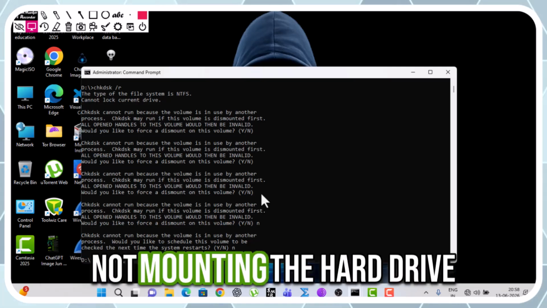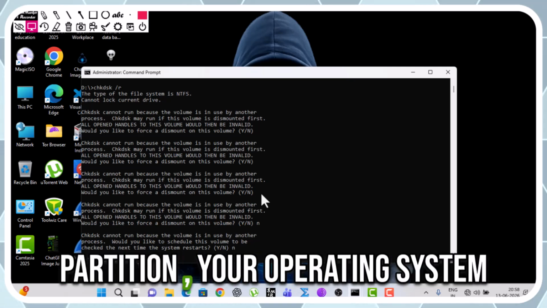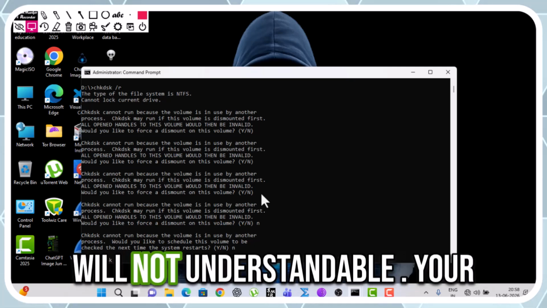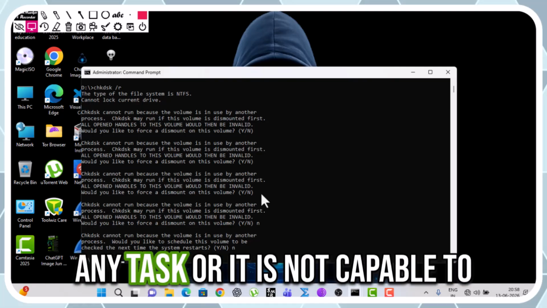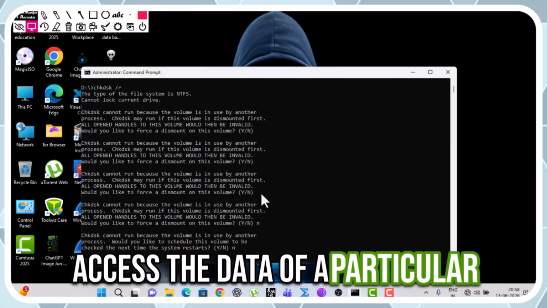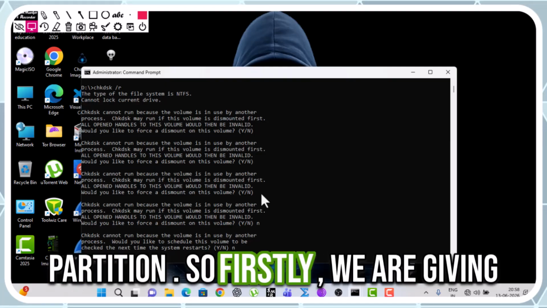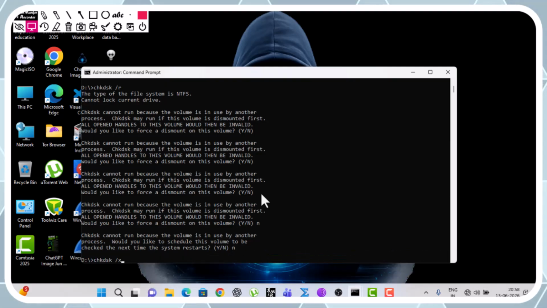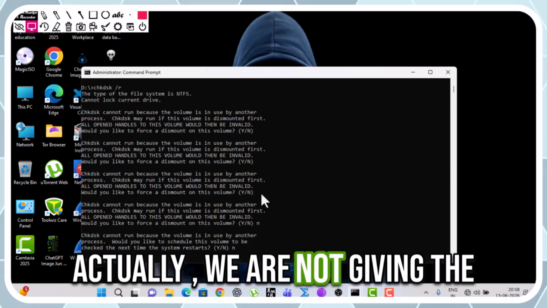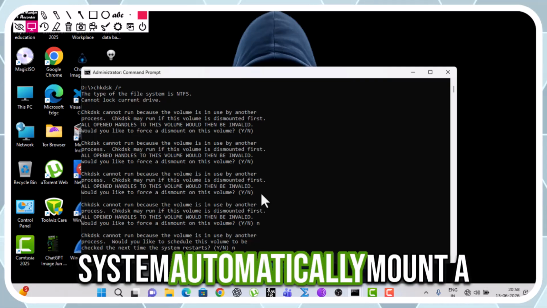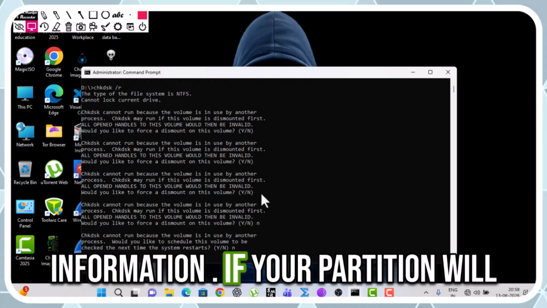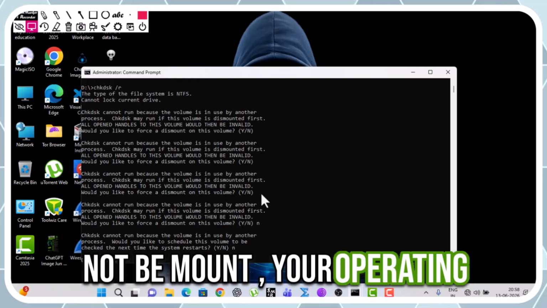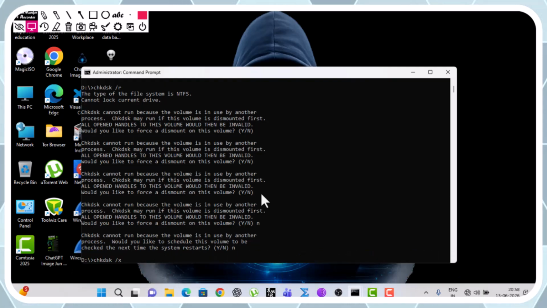If we are not mounting the hard drive partition, your operating system will not understand it. Your operating system will not perform any task or be capable of accessing the data of that partition. Actually, we are not giving the mount permission; your operating system automatically mounts a particular partition to access the information. If your partition is not mounted, your operating system will not access the files.